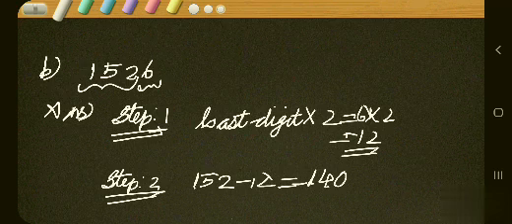140. Is 140 divisible by 7? 0, no need to take into consideration, as the last digit is 0. Except 0, which is the number? 14. Is 14 divisible by 7? Yes, we know, isn't it? So we can say that the given number is also divisible by 7, isn't it? So write down since